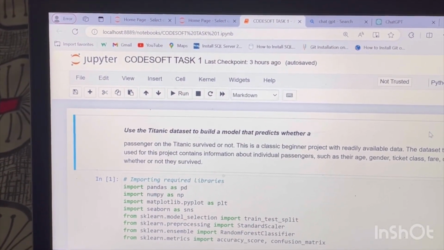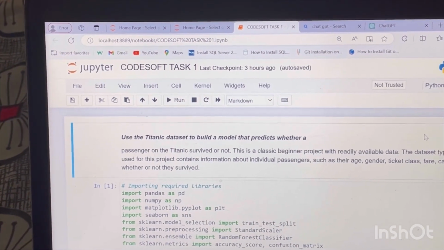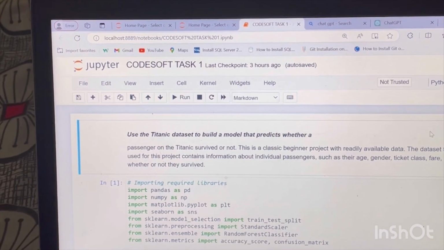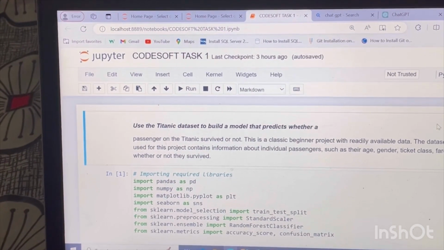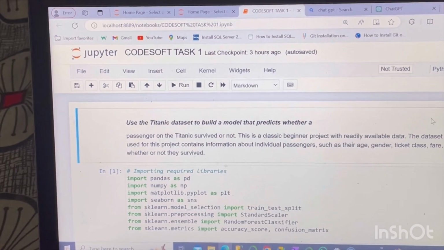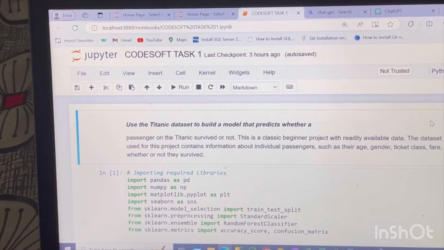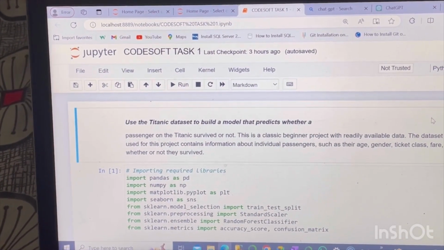In this video, we will be exploring the Titanic dataset, which contains information about the passengers aboard the Titanic, including their demographics, ticket class, fare, and survival status. We will pre-process the data to clean it before analysis, visualize its features to gain insights, and train machine learning models to predict survival on the Titanic based on passengers' information.